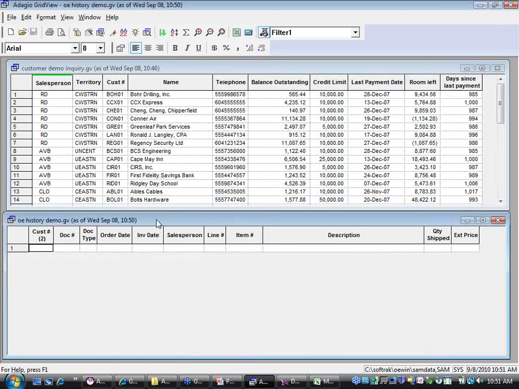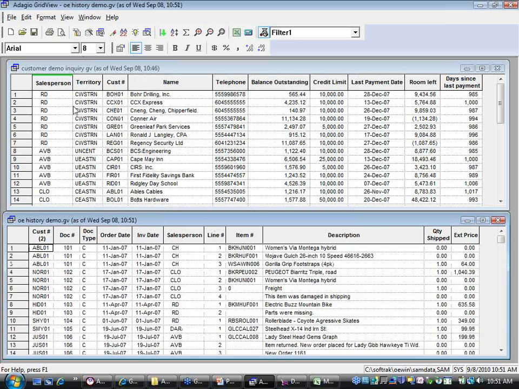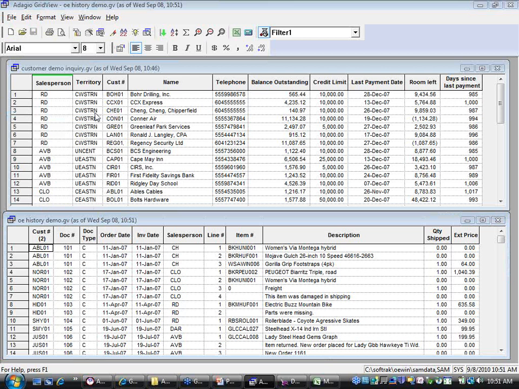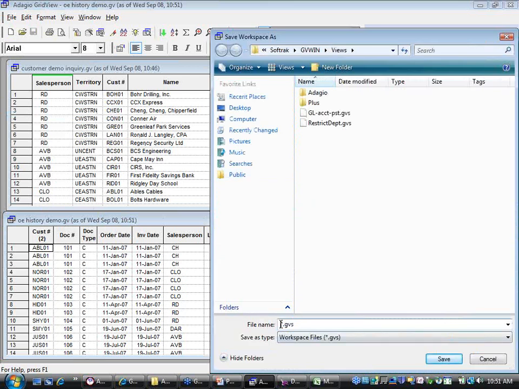So now we've got 2 windows. Let's just save without data and refresh that. So now we've got 2 windows open on our desktop simultaneously, and it may be interesting to have both of these open at the same time. And in order to remember the size and the position of those windows, what we can do is we can save this as something called a workspace. And so maybe we'll call it